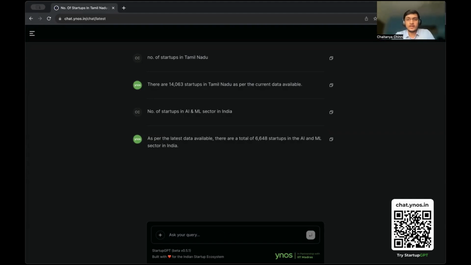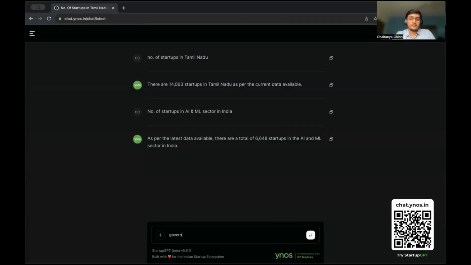As you know, the government of India and many state governments have launched numerous schemes for entrepreneurs. I could even shortlist based on my business and my criteria. So let's say I'm a founder from one of the backward communities, and I want to know government funding schemes launched specifically for SC and ST community founders.